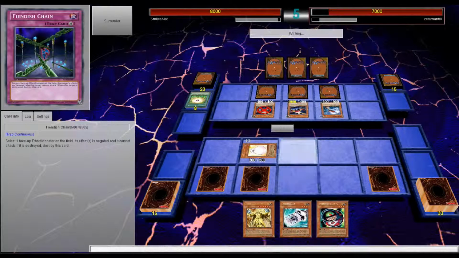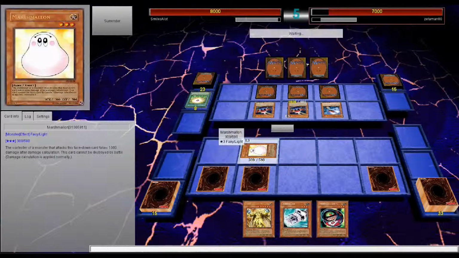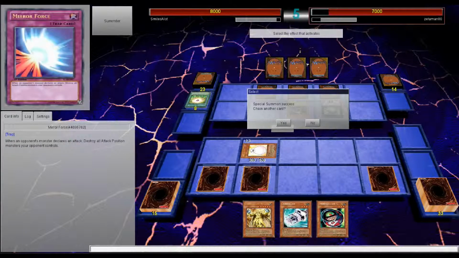Now, he'll probably go into something that can get rid of this or just get over it, in which case I'm going to Bottomless, I'm going to Fiendish Chain it. I want this on the field still. I'm not ready to let him run it over. Oh, Tree Spirit, okay. This plant deck. I'm going to go ahead and